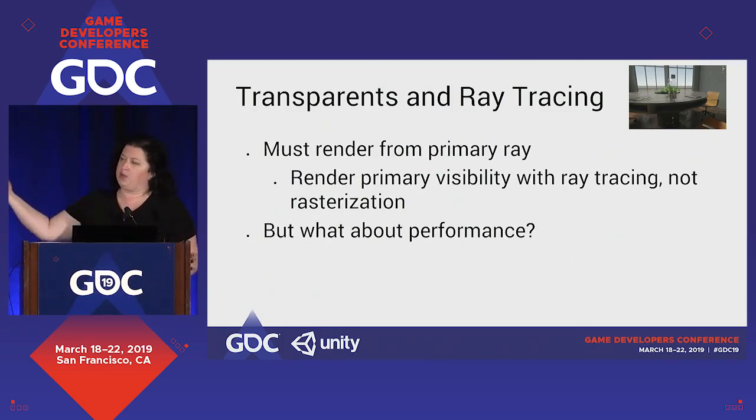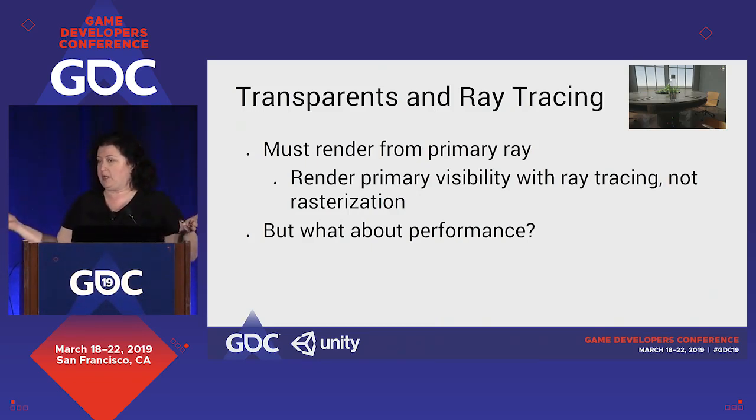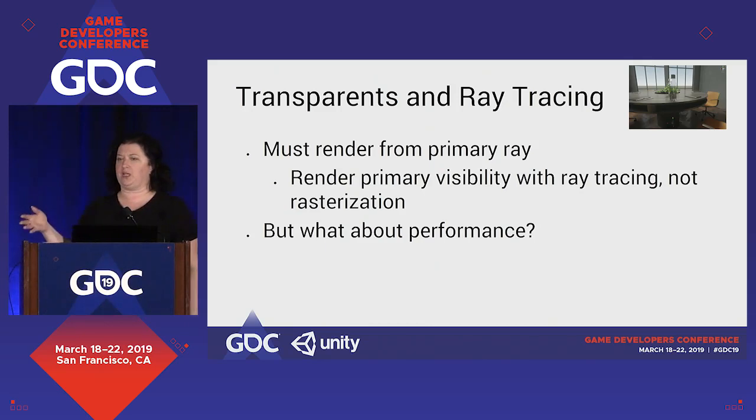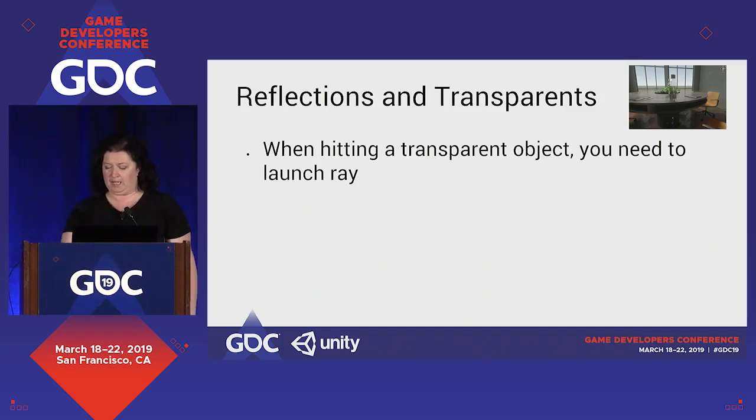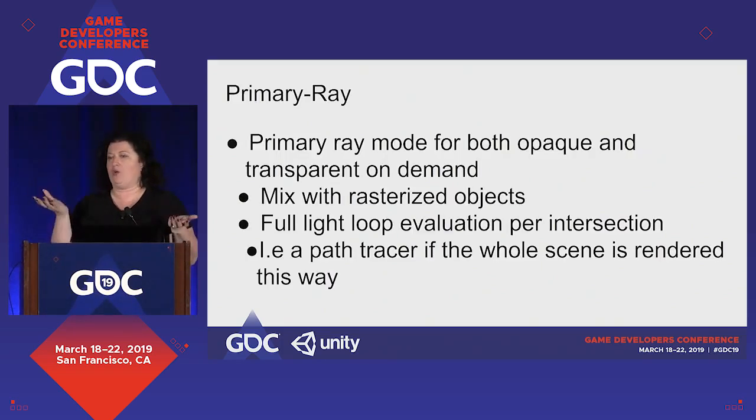First thing we're thinking about is when you're hitting a transparent object, you need to launch a ray, right? So we need to render primary visibility with ray tracing because we don't have a G-buffer, like we don't have the starting point of information. So the very first thing you realize is, yay, path tracer. And what about performance? When hitting that object, we need to think about how we're going to manage path tracer primary ray evaluation versus rasterization, because we also said we don't want to do primary rays for all of the opaque objects. So we allow switching per object per effect between sending the primary ray through rasterization, so deferred G-buffer or whatever flavor of the day forward, etc., or sending it through ray tracing.